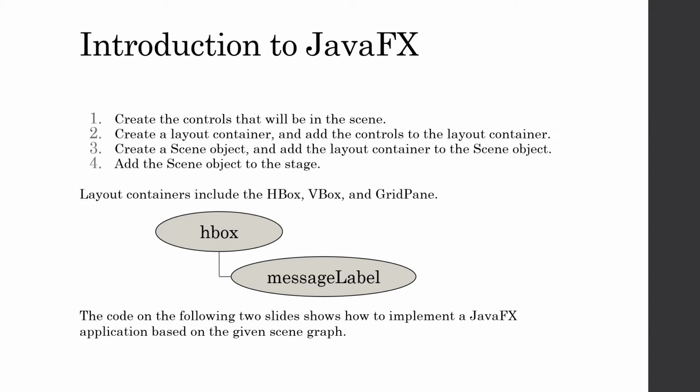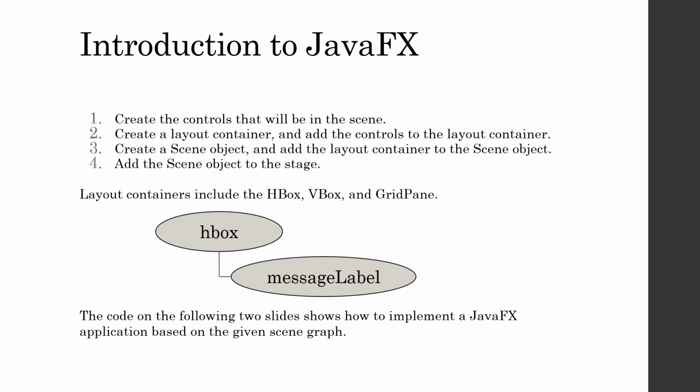So as we go through this sequence of steps to set up our application, we'll first go through creating those controls that will be in our scene. We'll then go ahead and create a layout container, and we'll add the controls to that layout container. And then we'll also go ahead and create a scene object and add the layout container to that scene object. And that scene object is what we're going to place onto our stage, onto that primary stage that we have in our application already. So our layout containers will include a couple of different things like hboxes, vboxes, and grid